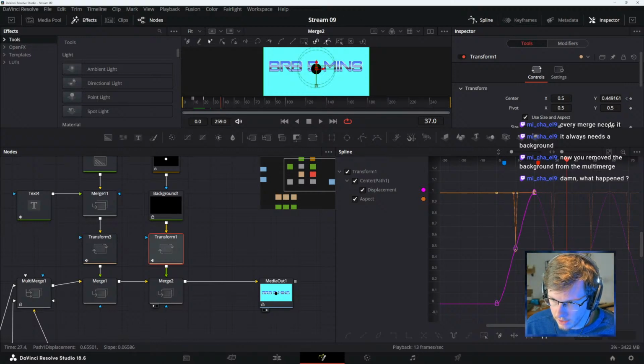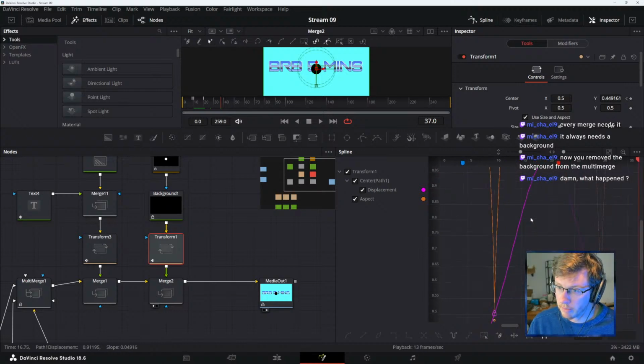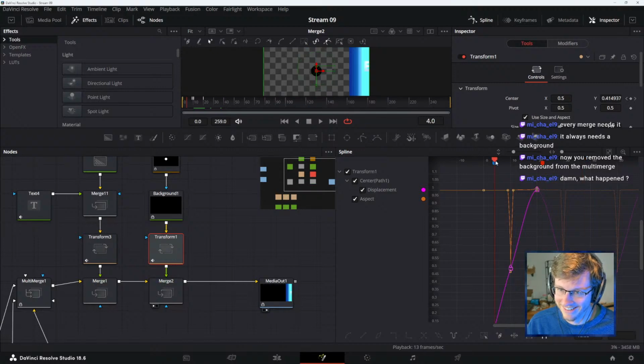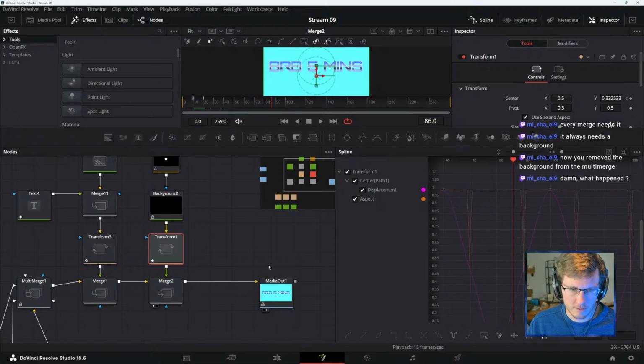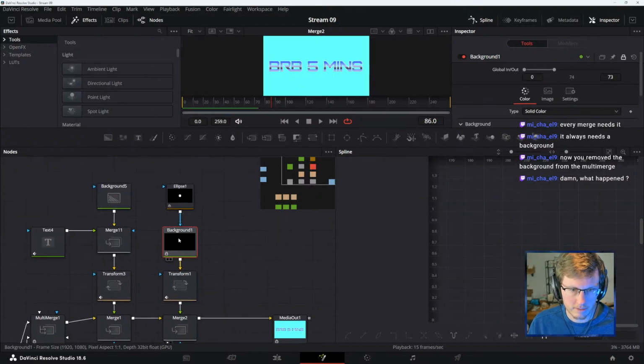I was thinking it would be cool to play with the boinks. Boink, boink, boink, boink. Why does it disappear? I don't get it. Where'd it go? Aha, this is why.